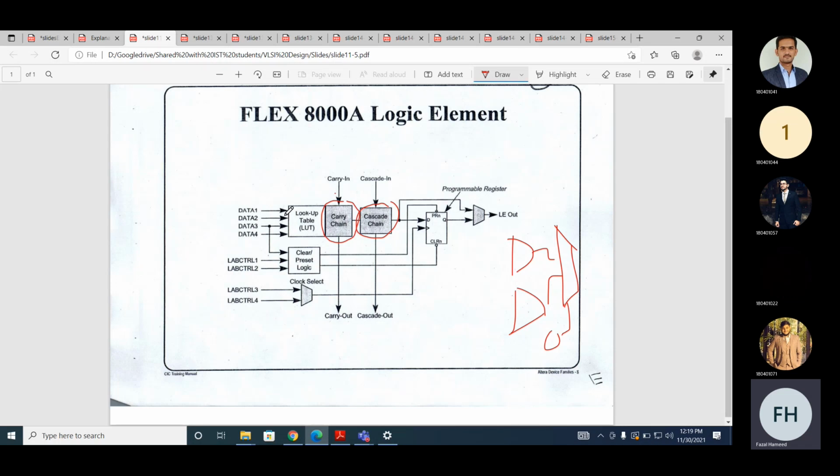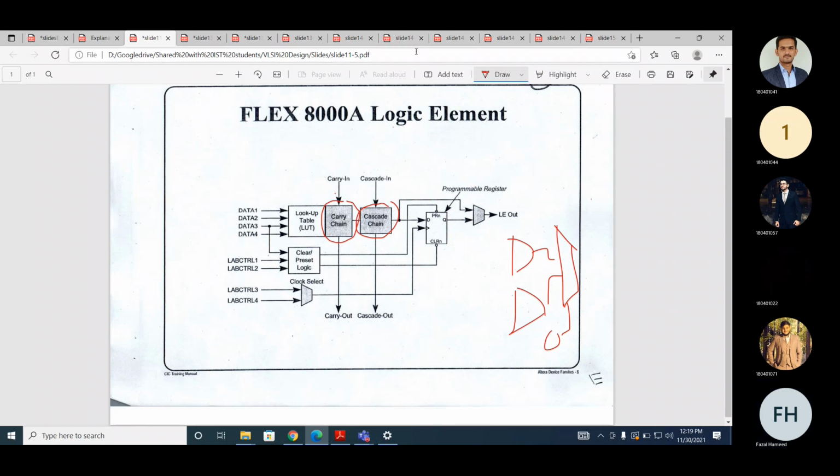If they fall within the same column, column fast track interconnect. If they belong to the same row, row fast track interconnect. And if they belong to different columns and different rows, both of them will be used. So depending on the scenario, all of these logic elements can be configured in different modes.